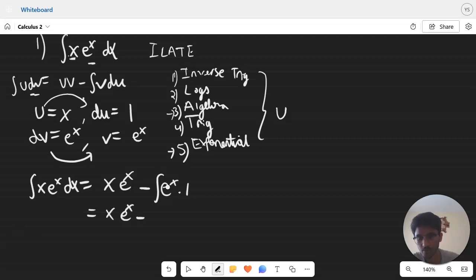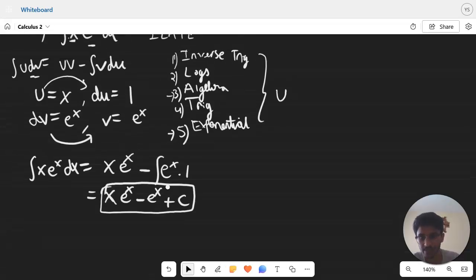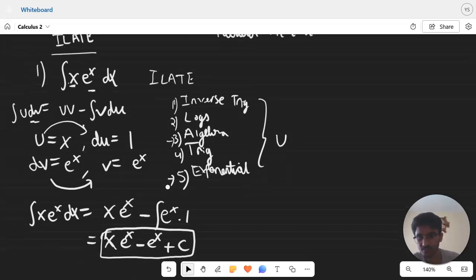Okay. Now we know the integral of e to the x is going to be e to the x plus c. Remember, it's an indefinite integral, and that's our answer. So it's like putting a puzzle together, puzzle pieces together. That's what this integration by parts is. And as it gets more complex, it will get kind of challenging, but it's fun when you get to